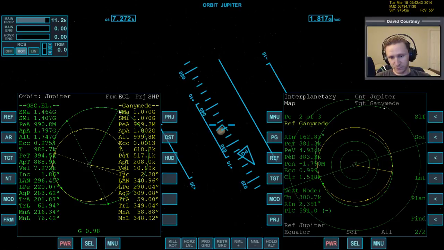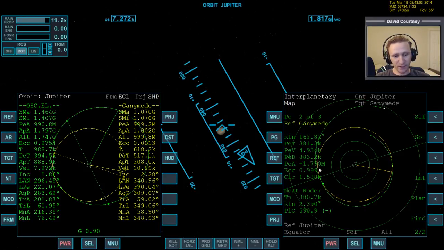So we're here, and we're going to rendezvous somewhere over here. So again, when to do the mid-course correction now that we're away from Callisto? Do we want to do it now, or do we want to wait a while? Well, in this case, we probably still want to wait a while because we haven't really gone that far away